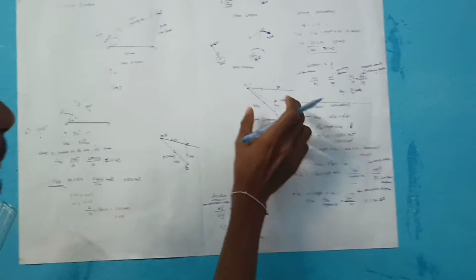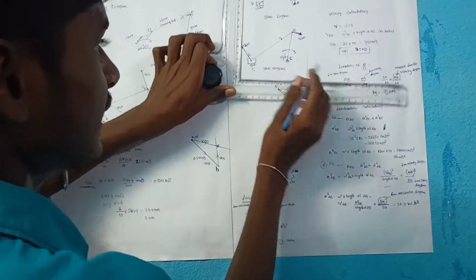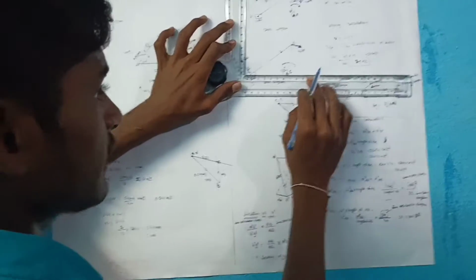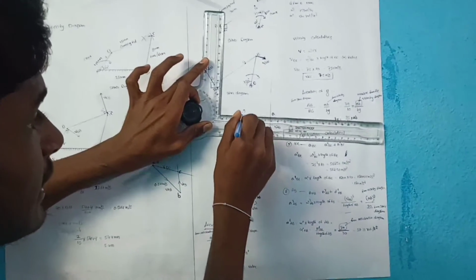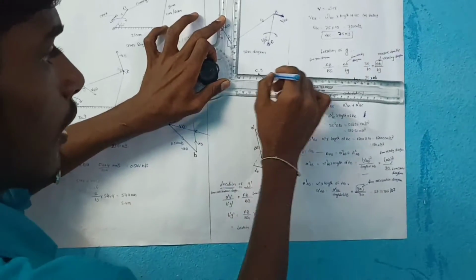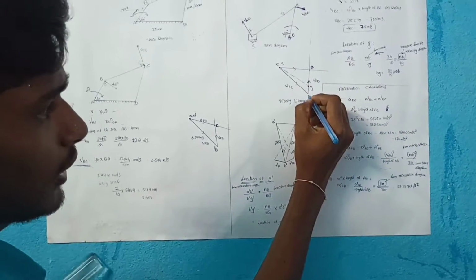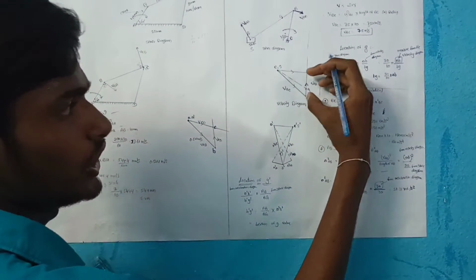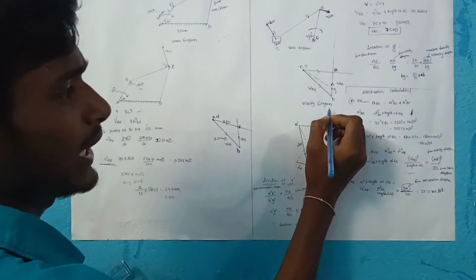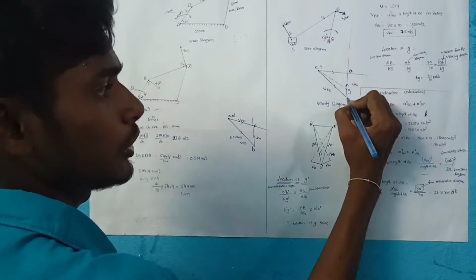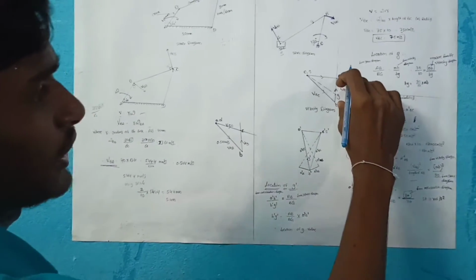Next, according to the polygon, the line should be closed because it is in the same line, same axis. For that, AC is considered a fixed link. Fix the drafter scale here. How much is this angle? Fix the drafter scale again here, C comma S, and then draw. Then it is a closed path. Then it is point A. So here we get our magnitude. In the space diagram we know only the direction, but in the velocity diagram we can find the magnitude also. So when AB is measured from here, we get the AB value. That is the velocity of AB.